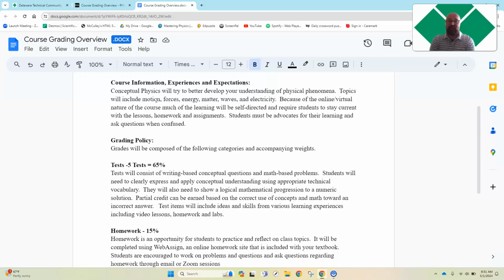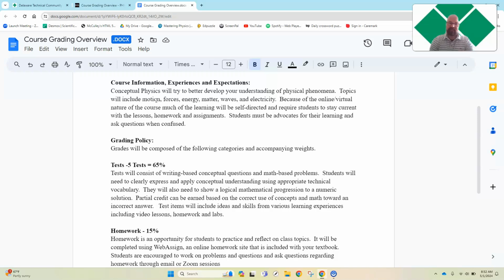There are 5 tests, and they make up 65% of the grade. Your tests, you'll see them online. You can print out everything and then scan it back. It's in PDF, so you can't really type on it unless you have some sort of program that edits PDFs, which would be okay. But there are items where I'll ask you to draw pictures or show your work, and it's easier sometimes to just handwrite those things. So if you print out the assignments and then scan it back using your phone, that's a good method to get things submitted.